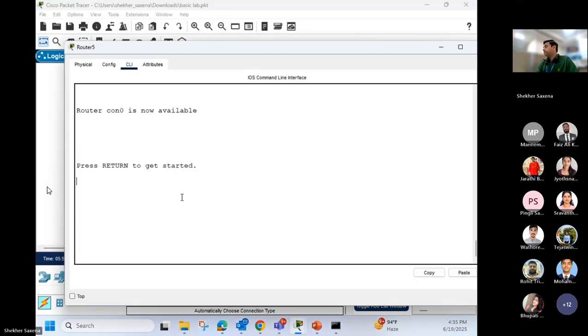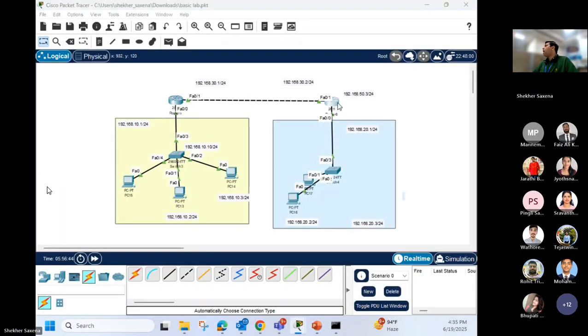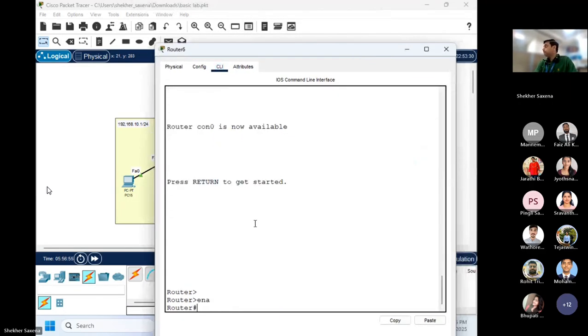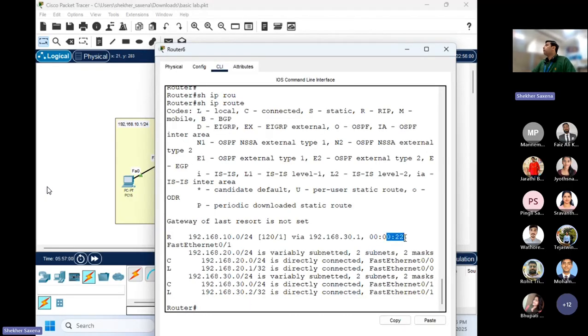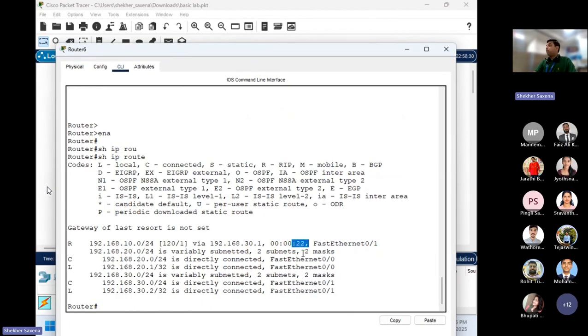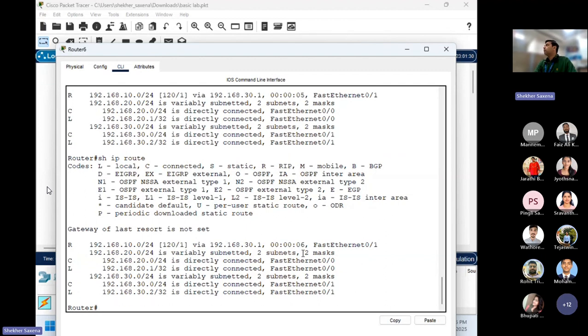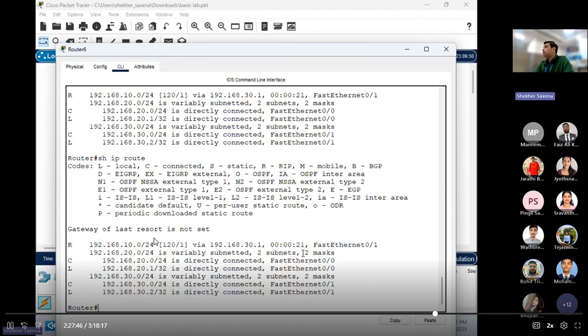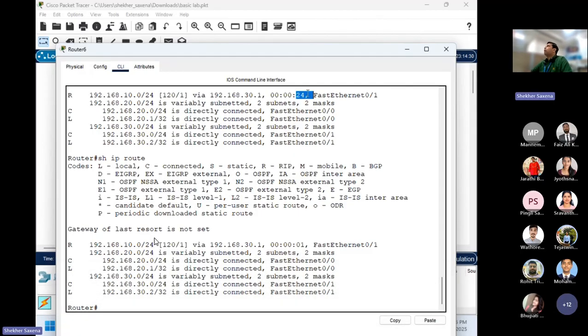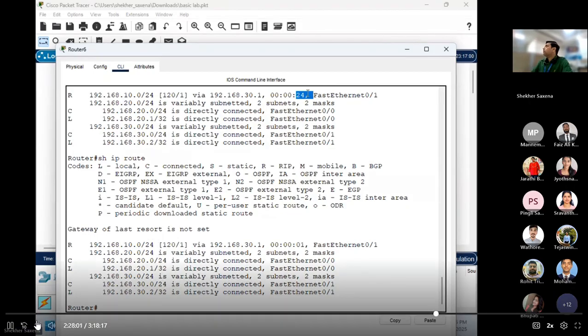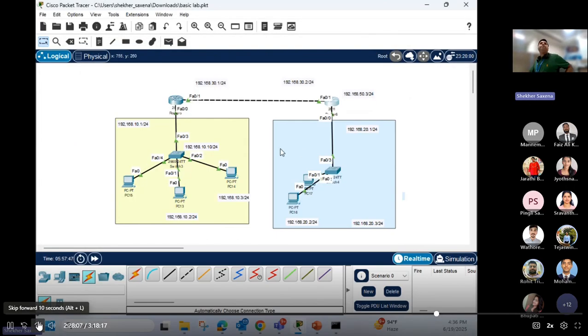But here you can see, with show ip route, how long ago the update was done: 22 seconds before. What will happen after 30 seconds? The timer will be reset. So every 30 seconds, RIP is sending the update. After every 30 seconds, RIP updates are sent. Clear? This is actually the problem in RIP, because if we don't have any change, what is the need? If we have any change, that is fine. So in OSPF or EIGRP, this thing is removed, so that they don't get